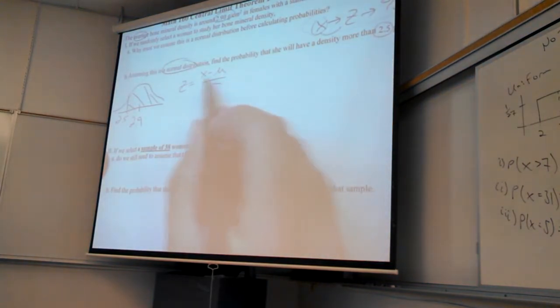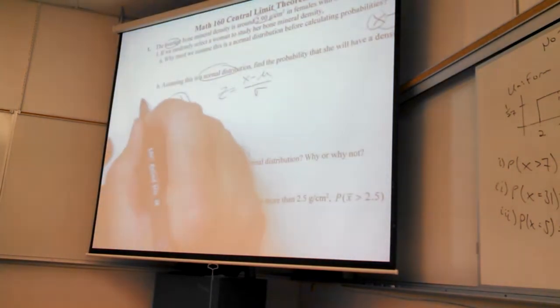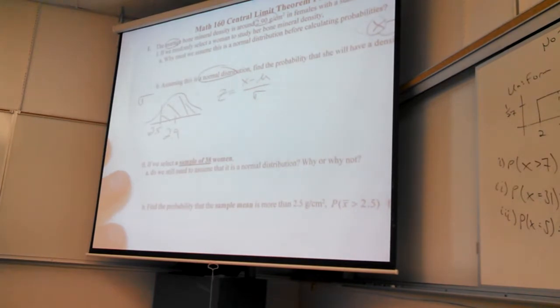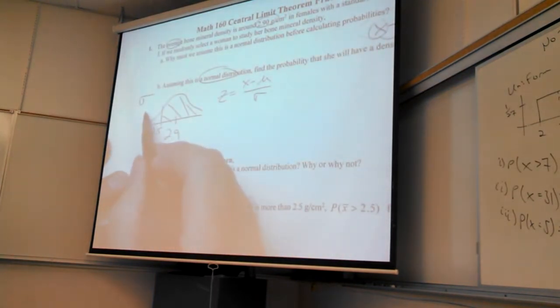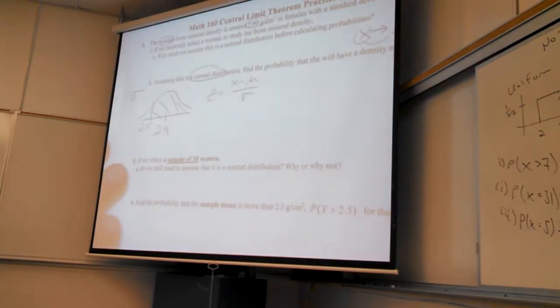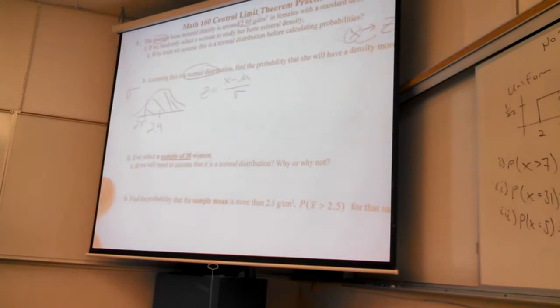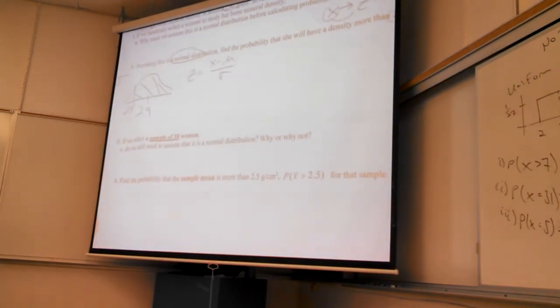x minus the mean divided by the standard deviation. What's that weird R called again? It's not an R. It's a fat R. It's an R that's had a good life. It's a lowercase sigma. Yes, okay. This is not a Greek class. If you make it an R, it's bad because we actually have an R coming up later this semester that means something else entirely. So you want to make it a fat